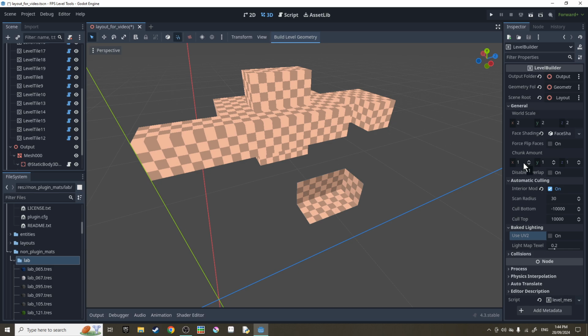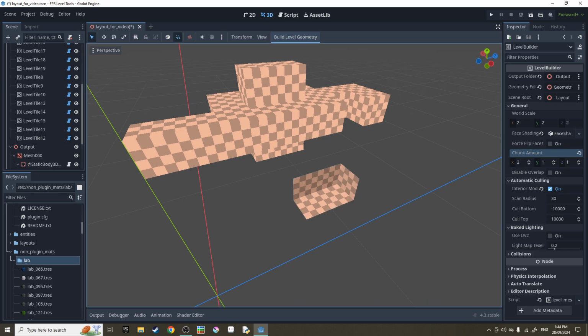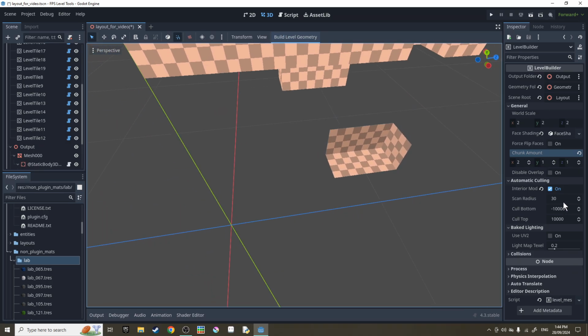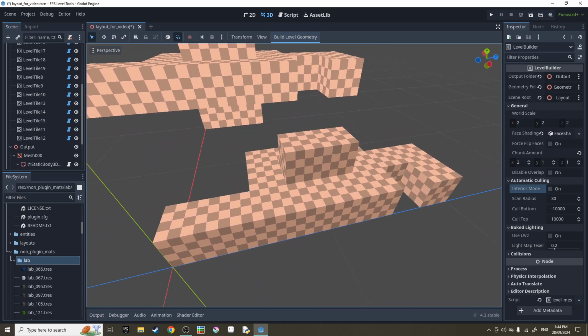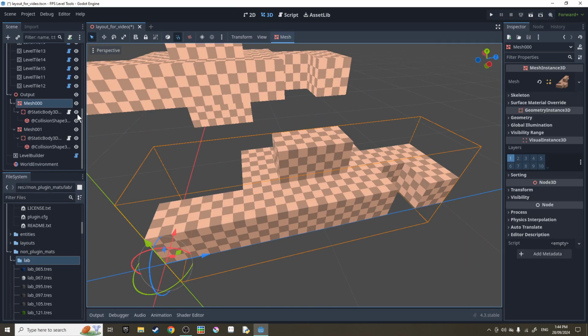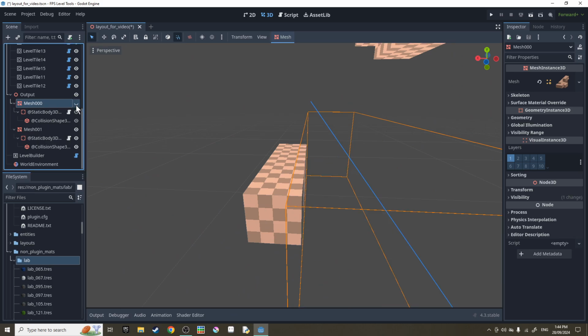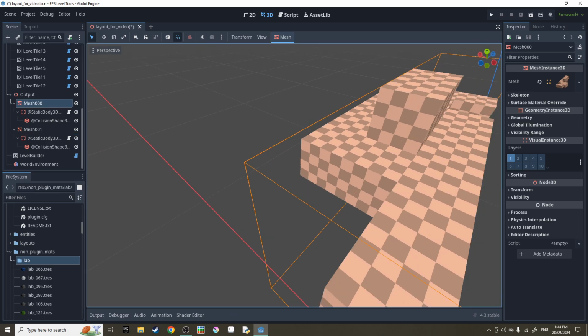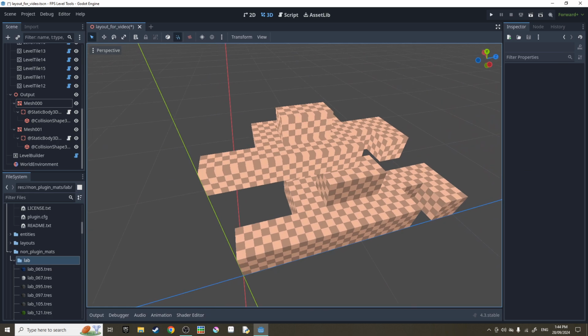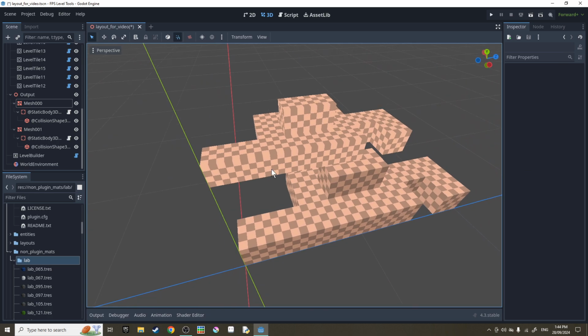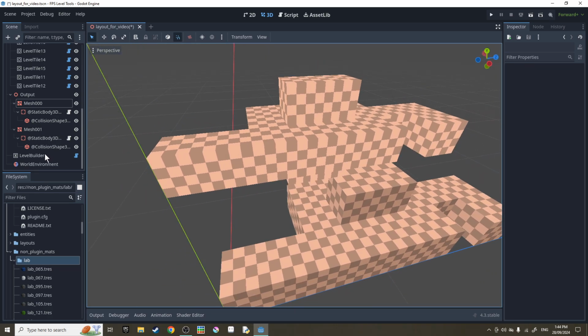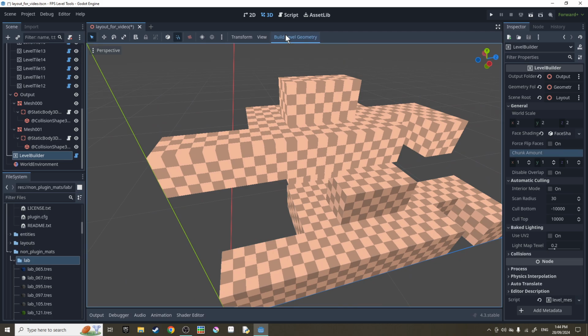We've also got the chunk amount here, which is good on larger maps. So you could set X chunks to 2, and it would split it into 2. We might get better results if we turn off interior mode. So now if we look at the meshes, there are actually 2 meshes, because there are 2 chunks, and this is good for frustum culling, so that certain parts of the level won't be visible at all times if you're looking away from them. But on a smaller level, you might not even bother with chunks and just have it